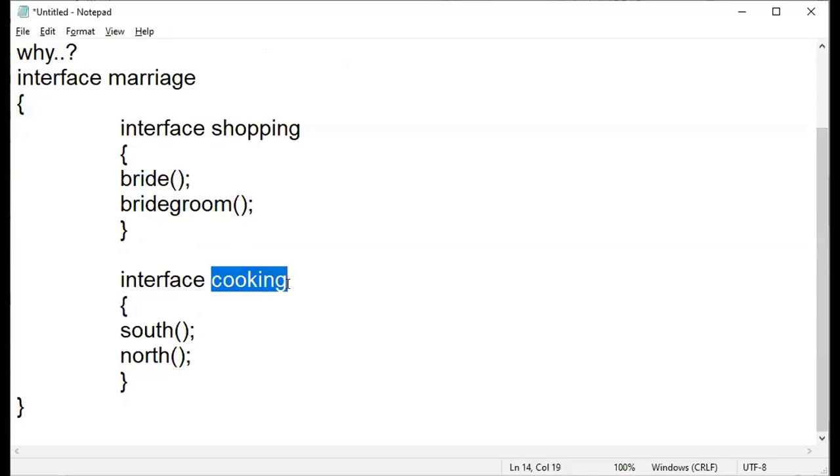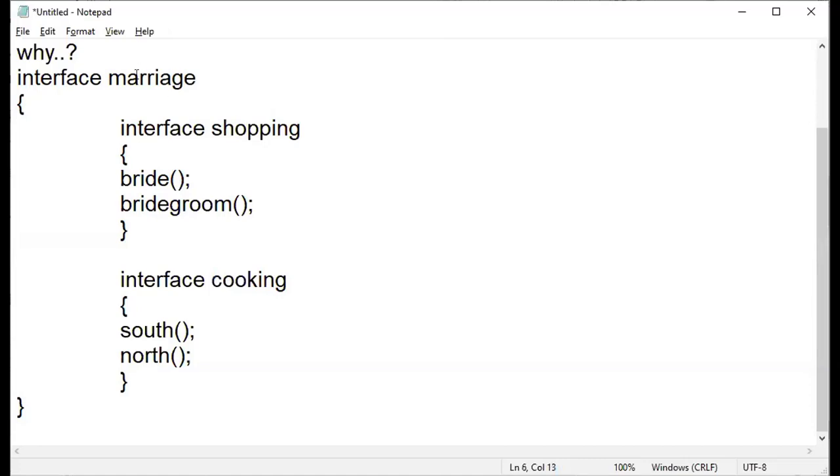So what I mean to explain is, the purpose of a nested interface is to group our requirements in a proper fashion, right? The purpose of a nested interface is to group our requirements or our set of rules. An interface is nothing but a set of rules, right? So the nested interface's intention is to group our requirements in a proper fashion. Now if I want to implement this particular shopping interface, I have to take a parent.